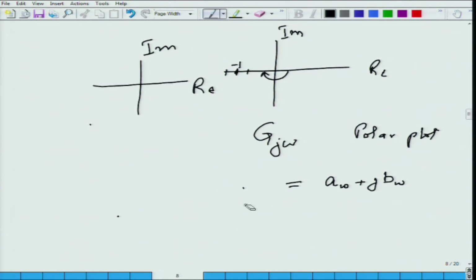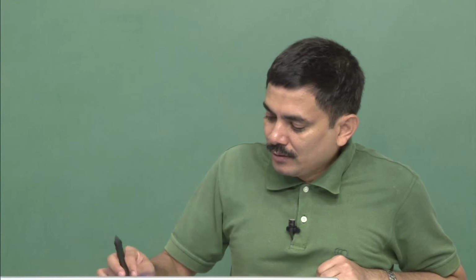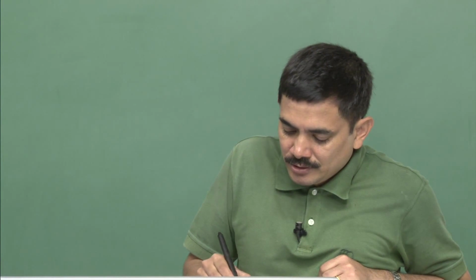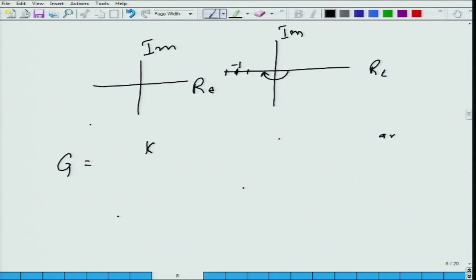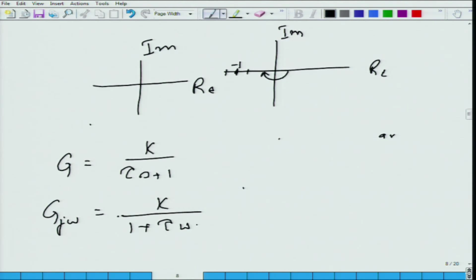If you look at a transfer function that is first order, so let us say your transfer function is G equal to k over tau s plus 1, then G j omega will be equal to k over 1 plus tau omega j, and then if you multiply by the complex conjugate of the denominator, what you will get is actually